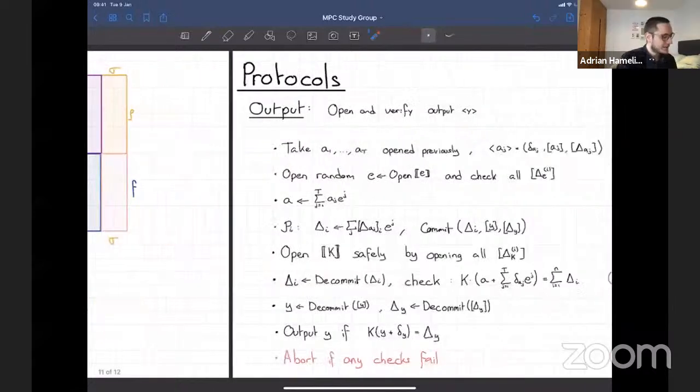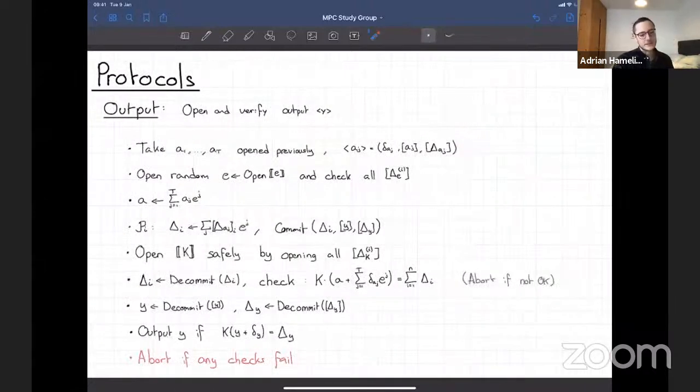But okay, so finally, once you've done all the computations for f and obtained the output y, before revealing it to everybody, you're going to want to check it. At this point, you may have revealed some values A1 until AT. These may result from the openings you need to do during the Beaver checking and so on. Because of how they're constructed, they don't reveal any information about the secret values. So they've been safely opened, but they haven't been verified yet.